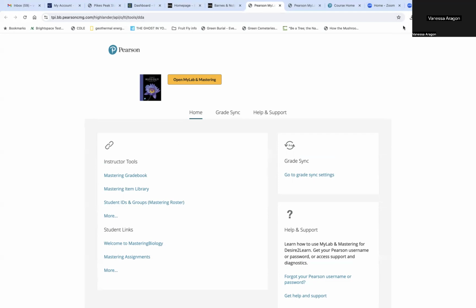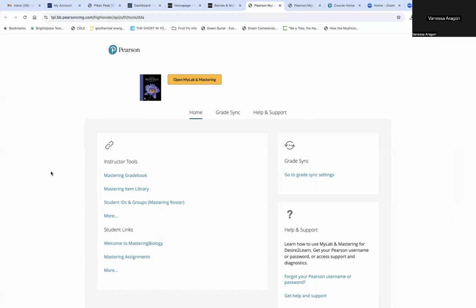Okay. Another thing is, notice I'm on Google Chrome. Look, I slid up there. You can see that I am using Google Chrome. Google Chrome is the best. Firefox, never use. Safari, usually you should not use. Safari usually never works. When it comes to the other ones like Explorer or Microsoft Edge, sometimes those work, sometimes something happens. So I'm finding and have found for the past decade since I've been using Pearson that Google Chrome